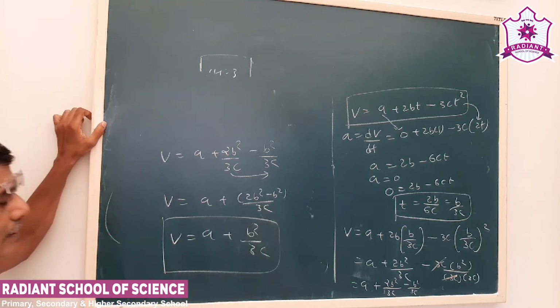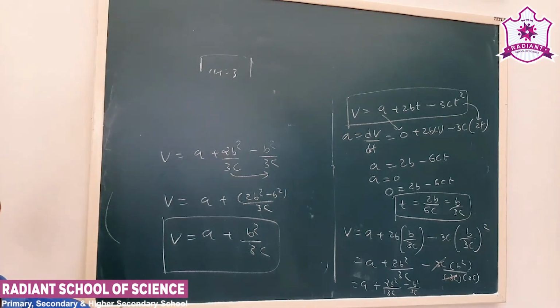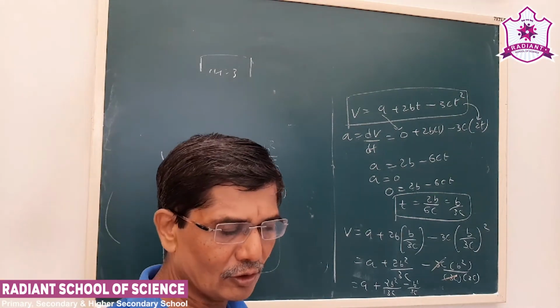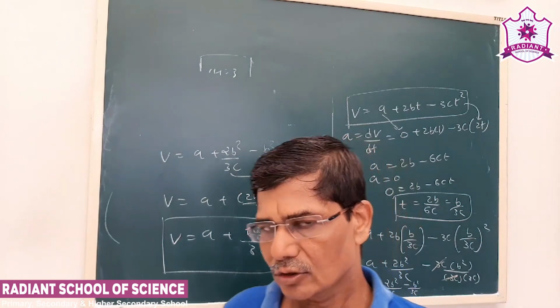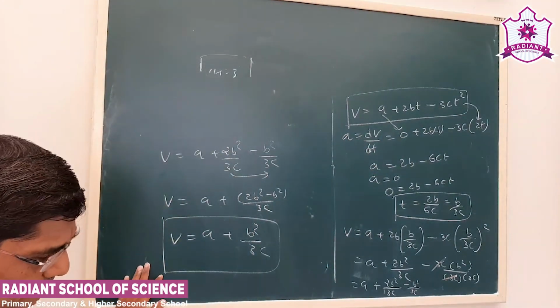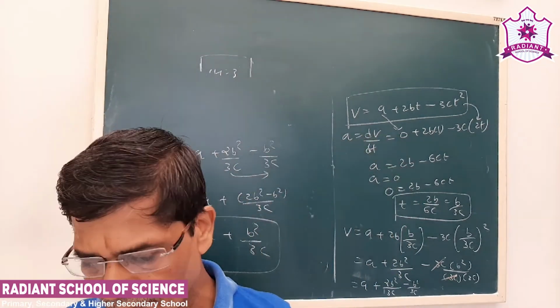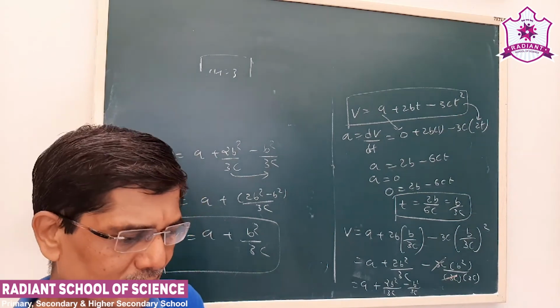Okay. Now what we see in the last two or three MCQs is that the time value is not given. The values are in terms of constants, that is a, b and c. Even then we can get the answer. So this is how we can solve the MCQ. See, these are the MCQs which will help you as basic MCQs for solving further MCQs. Thank you.